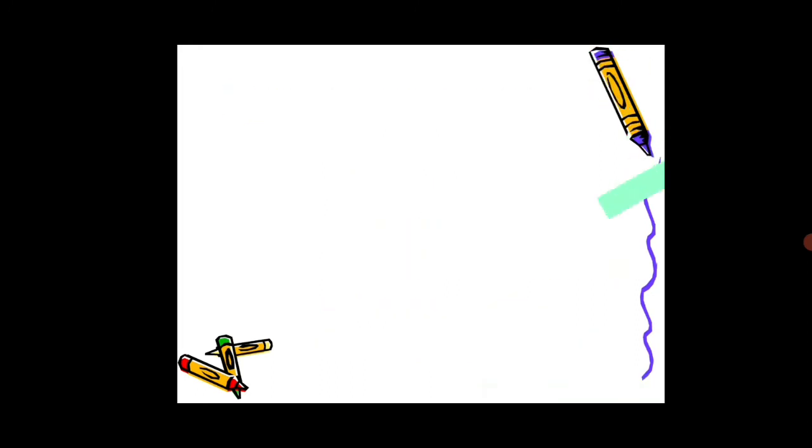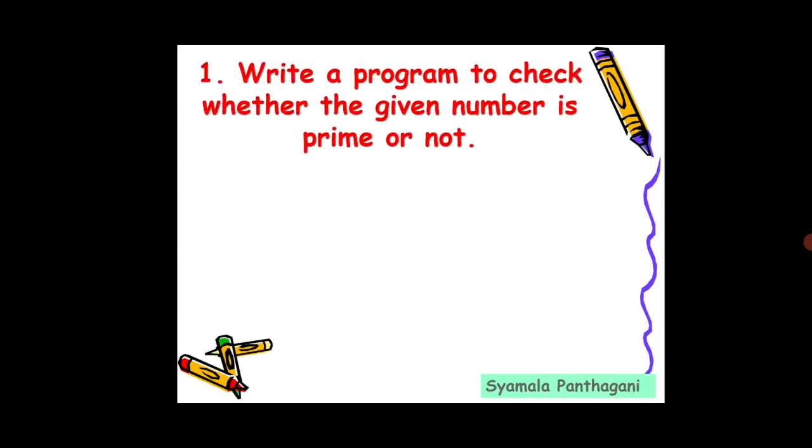The first program is prime number. Before going to write these programs, children, take your pen and notebooks, write very neatly. First of all, write down the question. After that, write down the definition. After that, write down the explanation. After explanation, you have to write the program. Put the heading program and write the program. At last, you have to write the output.